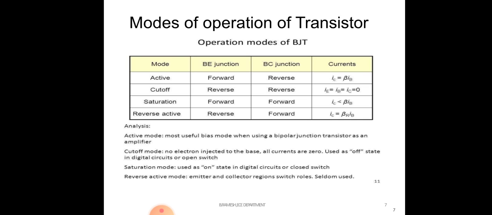So generally if you want to use a transistor as an amplifier, you should operate the transistor in the active region. Only in the active region will you get a faithful amplified signal. Otherwise you will lose part of the signal. So we must operate the transistor in the active region only. When you use the transistor as a switch, you should operate it in both the cutoff region and the saturation region: cutoff is zero and saturation is almost constant. So those are the three modes of operation.